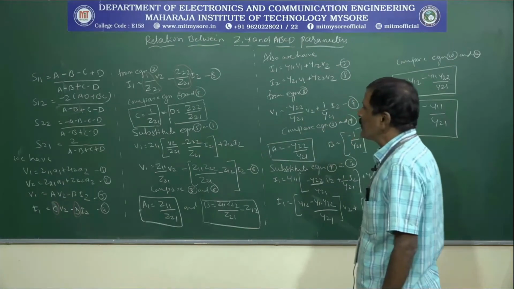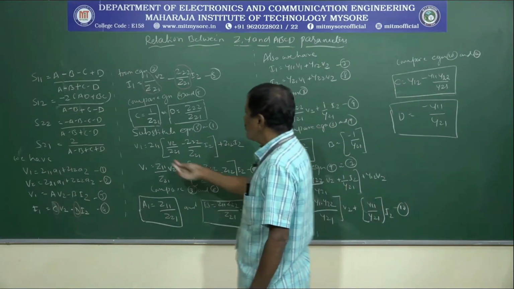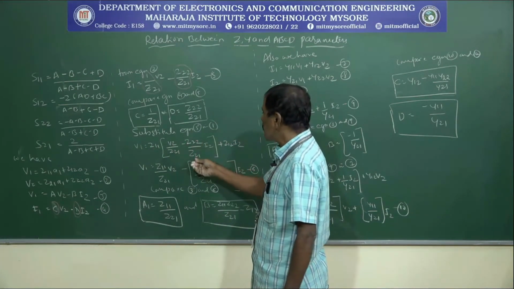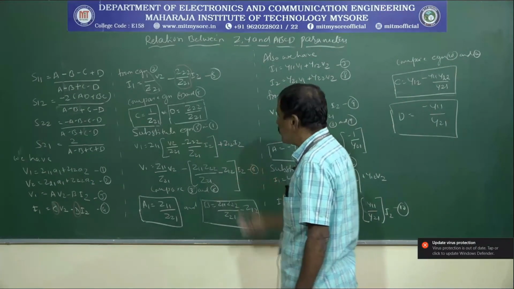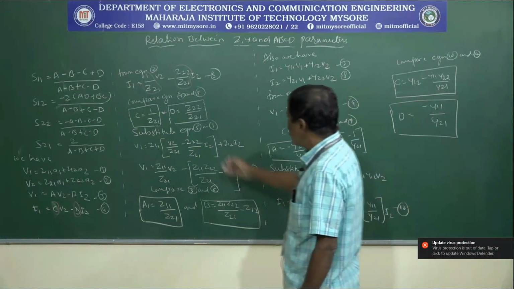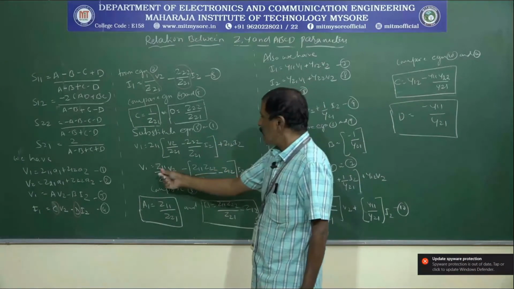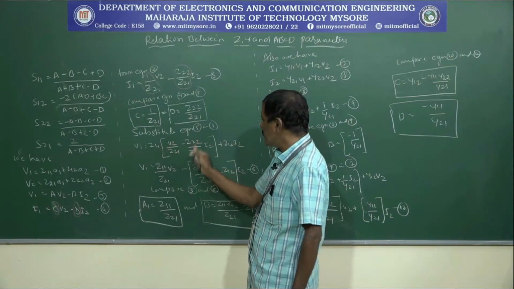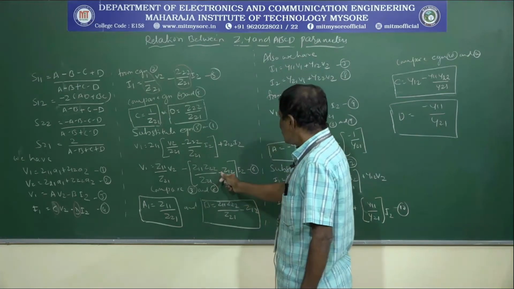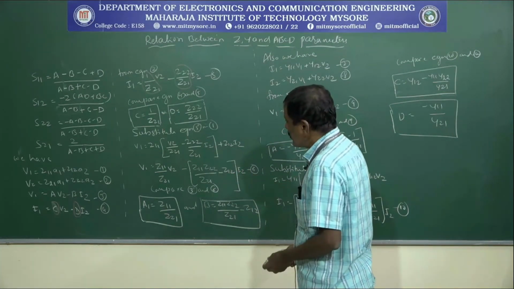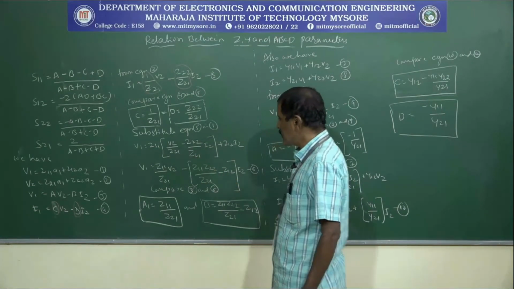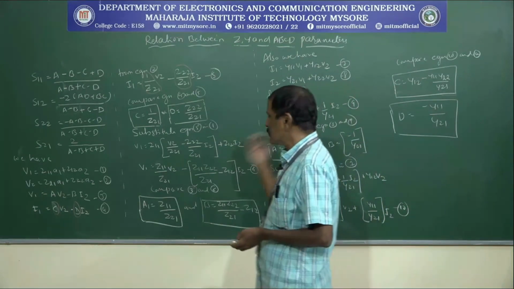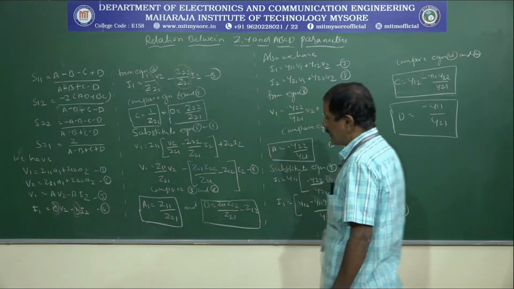When you substitute equation number 5 in equation number 1, then we will get V1 is equal to Z11 into V2 divided by Z21 minus Z22 divided by Z21 into I2 plus Z12 into I2. Now if you further simplify these equations, then I will get Z11 divided by Z21 into V2 minus of Z11 into Z22 divided by Z21 minus Z12 into I2. So in the simplification, what we are doing is taking all the terms with I2 on one side and all the terms with respect to V2 on one side.